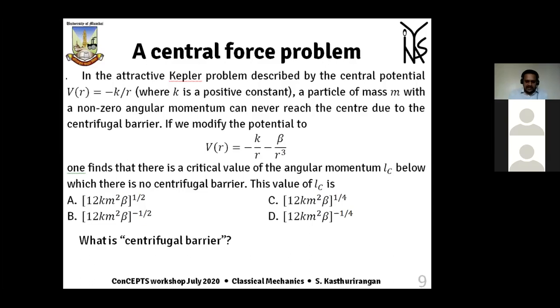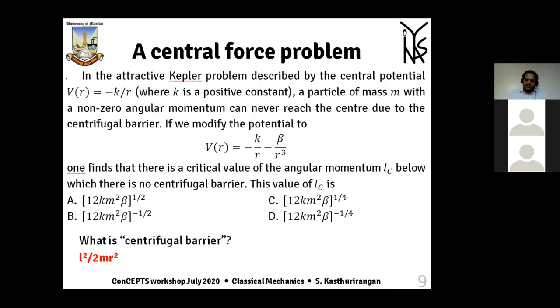First question, what is the centrifugal barrier? And this is something anyone who has studied central force motion should remember. It is the term plus L squared by 2m r squared, which is part of the effective potential experienced by the particle. Actually, it is a kinetic energy term. But if you want to solve the radial problem separately and the angular problem separately, in the separation of variables, as far as the radial motion is concerned, L squared by 2m r squared acts as an additional potential energy term, because it is a function of r.